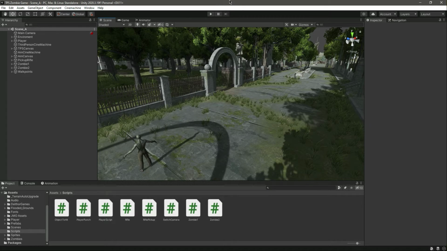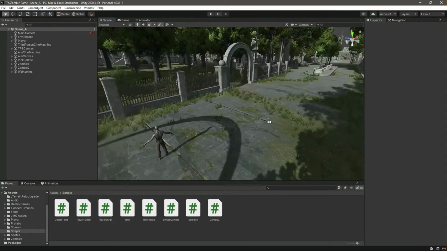Hello and welcome back. In this video we will add some other zombies as well, with different animations, and you will also learn how to add more zombies. We will add one type of zombie like this and one zombie like that, which will be walking between walk points, and one zombie which will be just standing. So